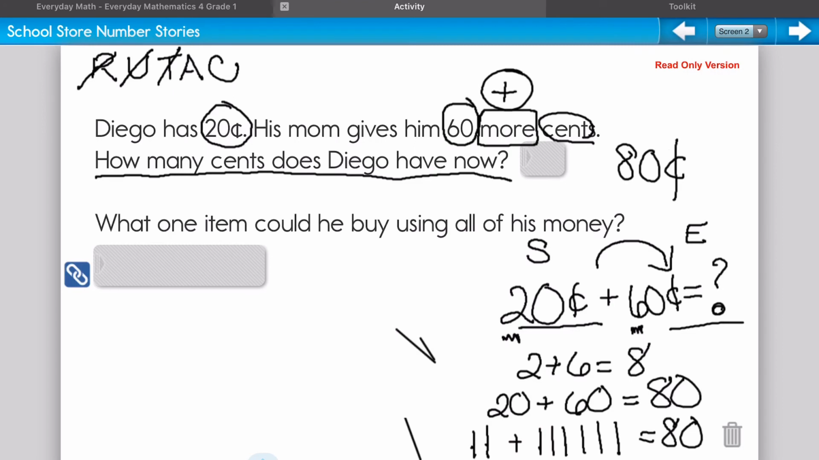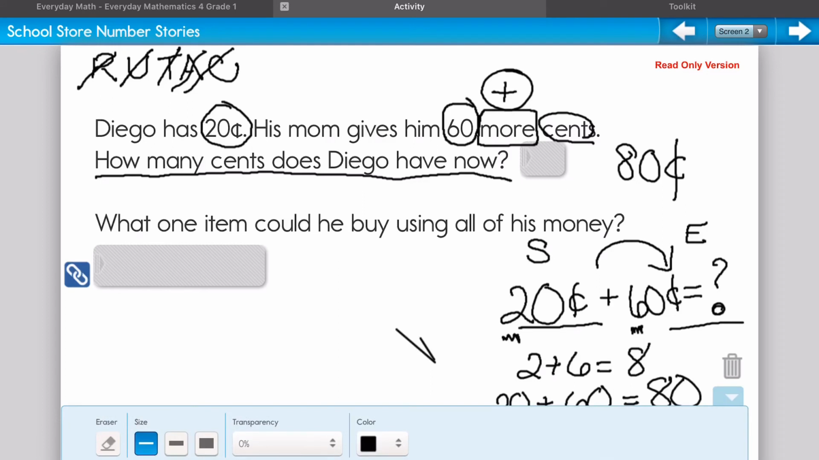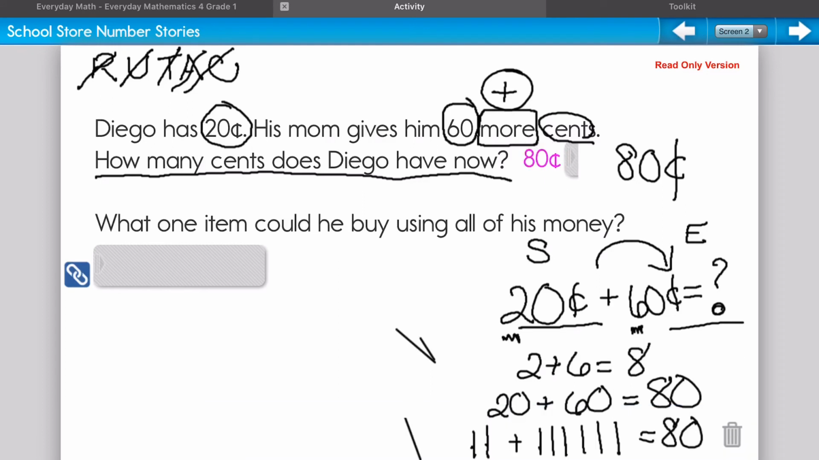I have attacked it. And now I've checked it. Let me turn that off for a minute. And I can slide over and see 80 cents is correct. Now this question takes it a step further. It says, what is one item, so we want just one, he could buy using all of his money? So I have to go back to my sheet and find out which item is going to cost me 80